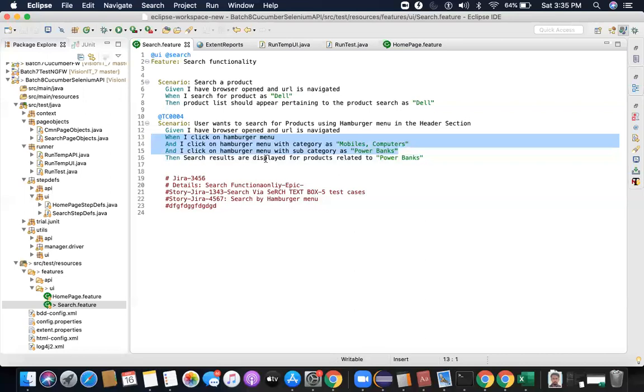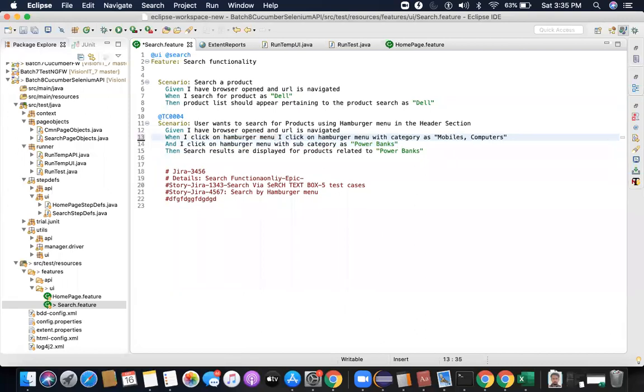As I said, you can choose to write your own descriptions, but the description should be reusable. It should be lucid enough to understand. It should not be very complicated, and you should not merge two things together. So I could have also done this, instead of doing this, I could have said this. Or maybe a few of you can try to do this as well: when I click on hamburger and I click on this.